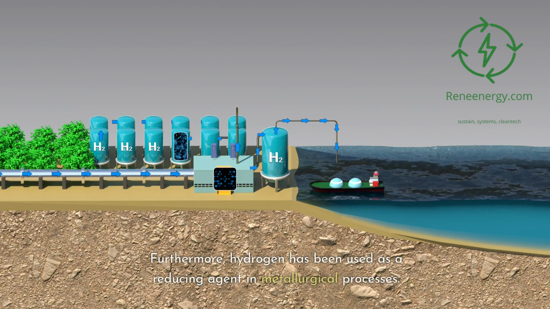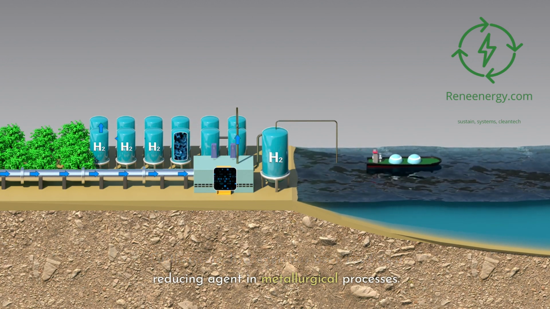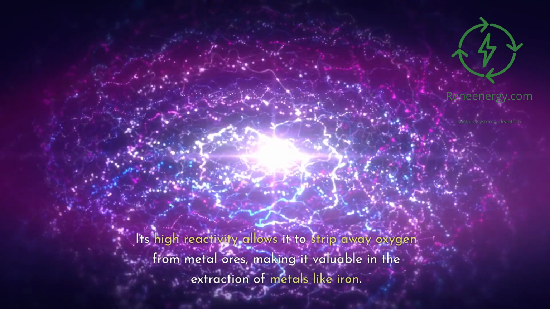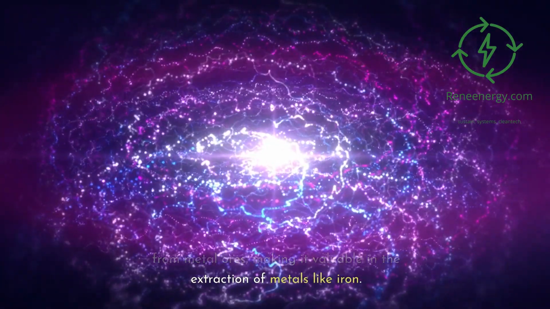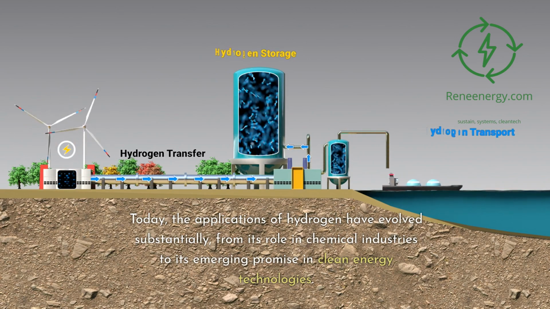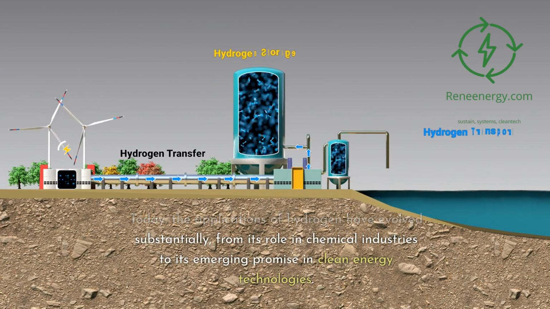Furthermore, hydrogen has been used as a reducing agent in metallurgical processes. Its high reactivity allows it to strip away oxygen from metal ores, making it valuable in the extraction of metals like iron. Today, the applications of hydrogen have evolved substantially, from its role in chemical industries to its emerging promise